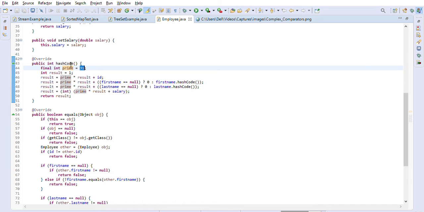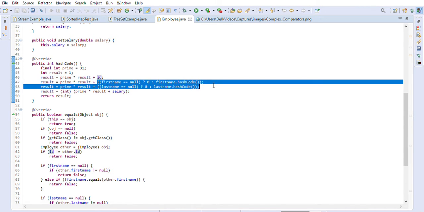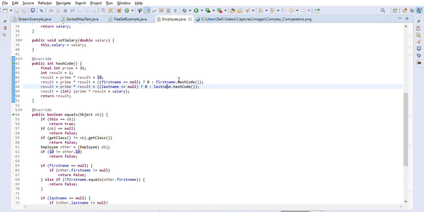We created a result variable, and we multiply the prime number by result and add the fields, like ID. Then we use the first name and last name's hashCode method, because first name and last name are strings, and string has a hashCode method. We also use salary.